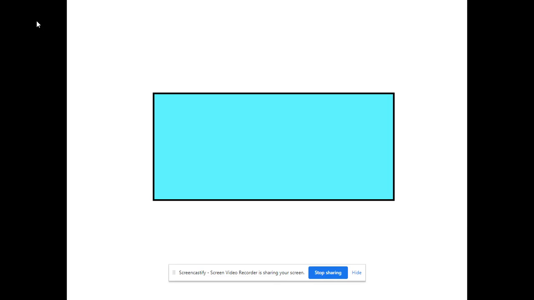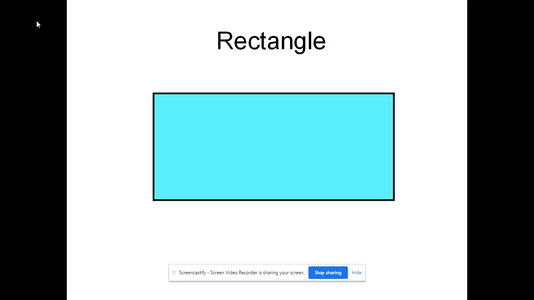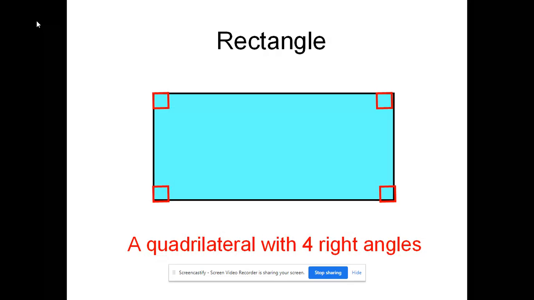This is what? Yes, it's a rectangle. Okay. Rectangle right there. And what makes a rectangle a rectangle? If you had to define a rectangle with one attribute, you could say it's a quadrilateral with, did you say four right angles? It sure is. There are four right angles right there. Okay. Next,